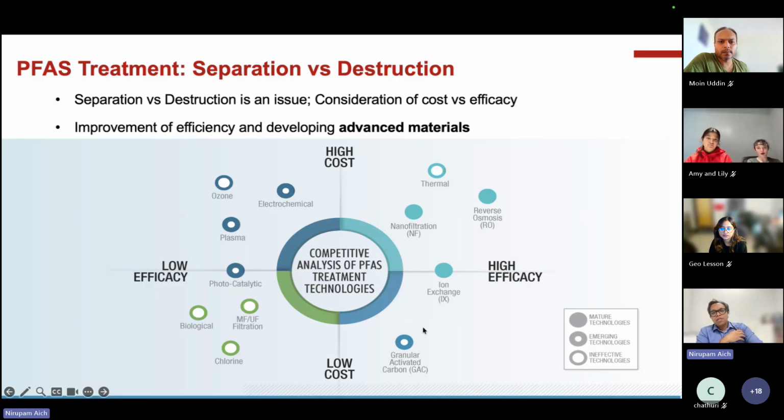Activated carbon is probably the cheapest option, but ion exchange resins also work well. These are the two most used options for water utilities right now, depending on the water utility size and what they already have in the system. So different utilities are trying to look at different options. But all of these processes just take out the PFAS, and then you have to replace the media because you are concentrating PFAS in that media, and then you have to destroy it somehow, which these technologies don't do, right?